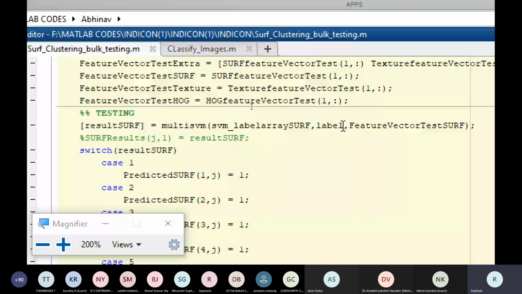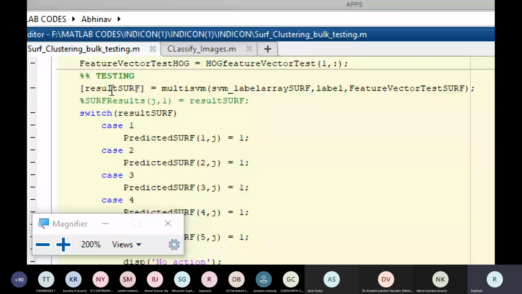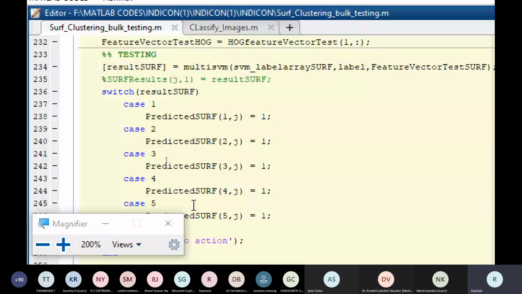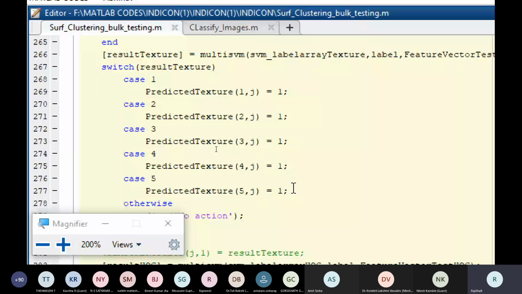Now this could be 1, 2, 3, 4 or 5, right? But as a result, I want to show on the screen whether it belongs to the first class, second class, third class or fourth class. In coding, I cannot remember, so I have stored all of them into a predicted array, so that I can finally construct a confusion matrix.